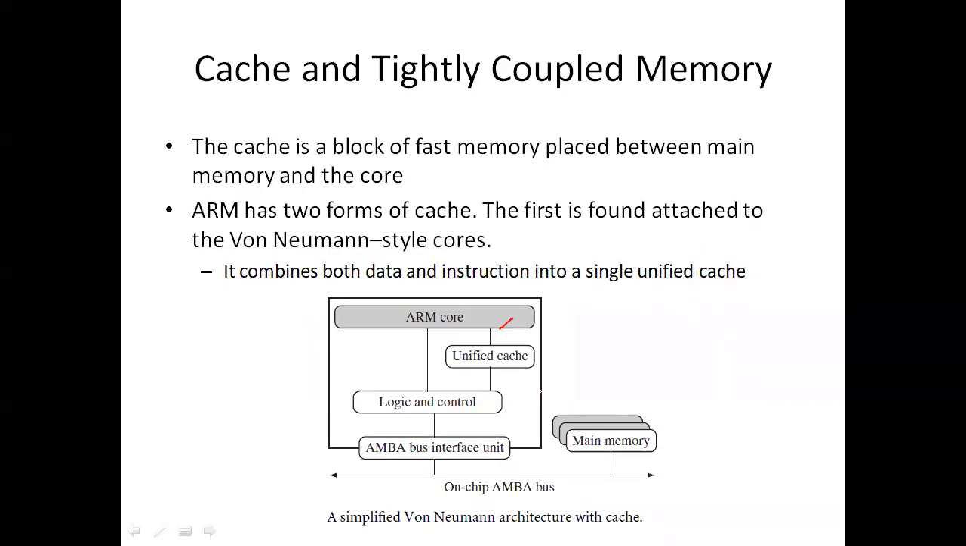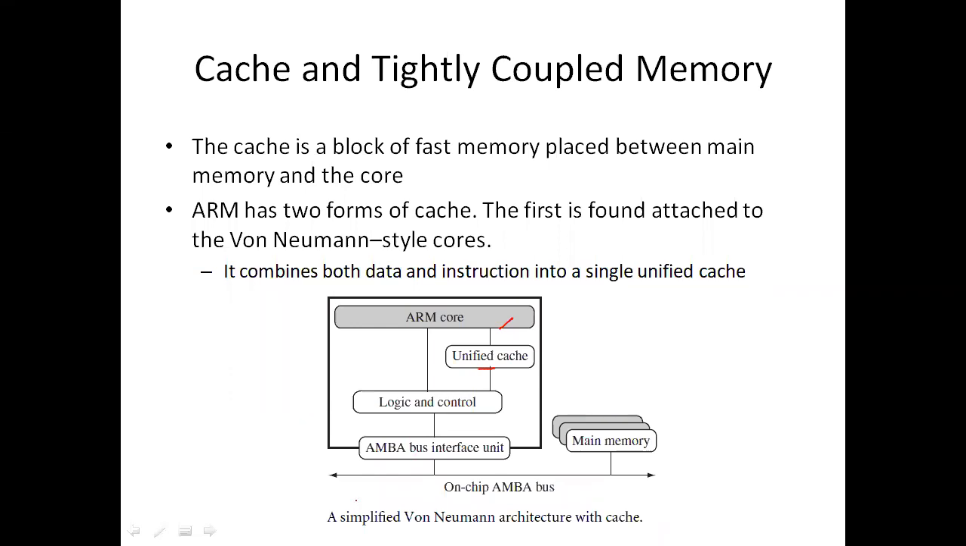So in between this main memory and the ARM core, we have a unified cache memory. So it holds both data as well as the instructions. A cache memory is a fast memory, which comes in between the main memory and the ARM core. Here AMBA is the